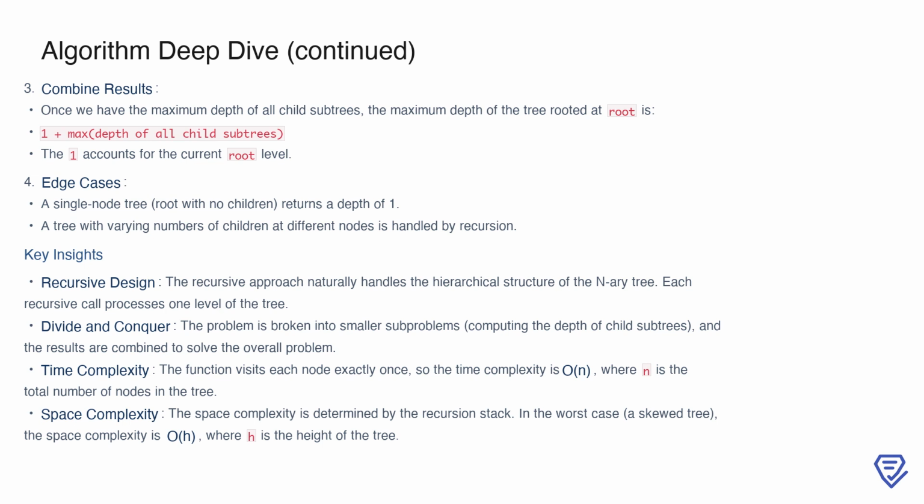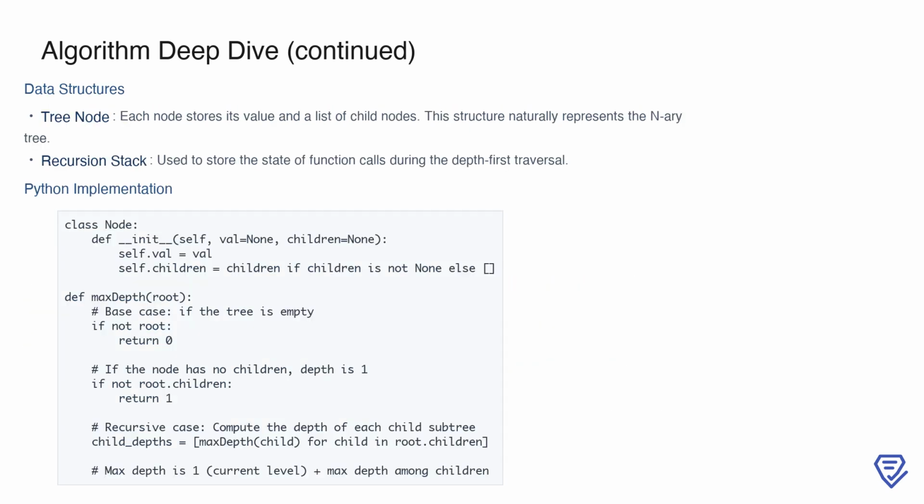Space complexity is O(h), where h is the height of the tree, as this is the maximum size of the recursion stack in the worst case. To implement this algorithm, we rely on 2 key data structures, the tree node and the recursion stack. Each tree node stores its value and a list of child nodes, which represent the hierarchical structure of an N-ary tree. During the depth-first traversal, the recursion stack keeps track of function calls, allowing us to navigate back up the